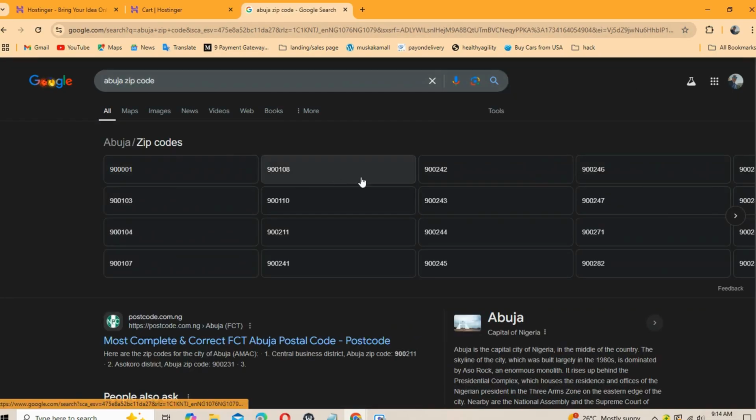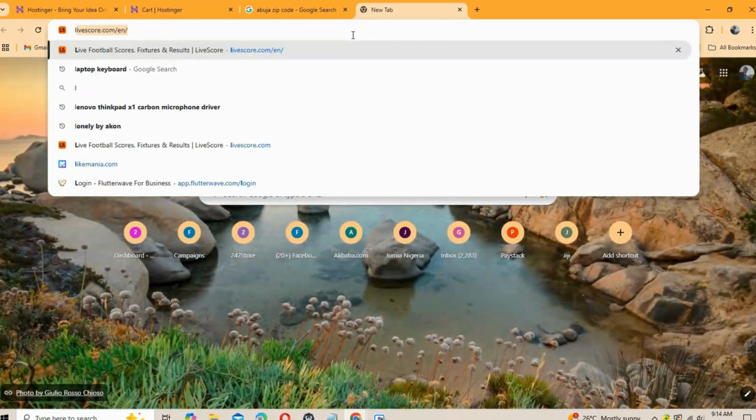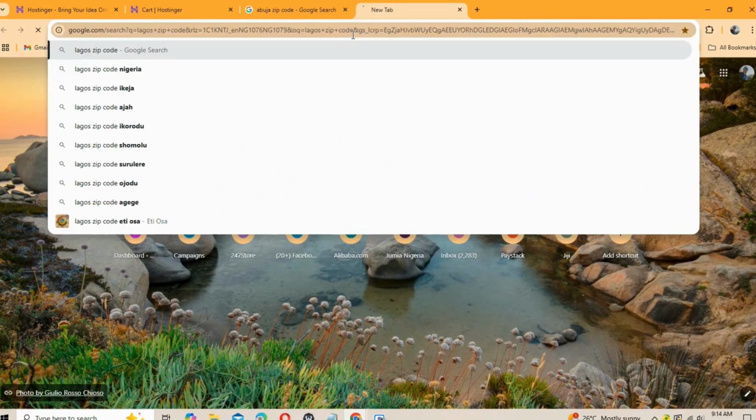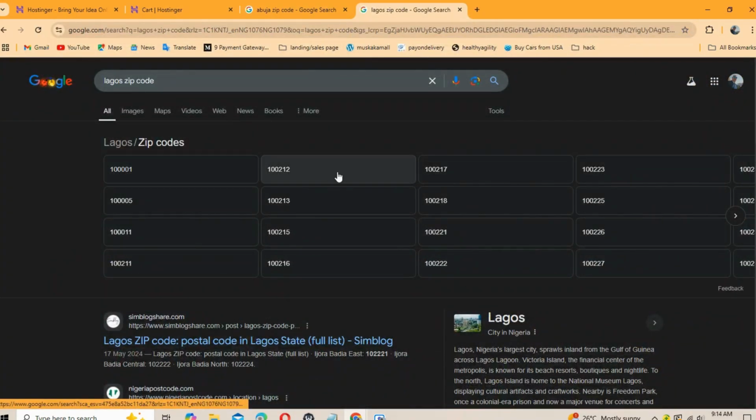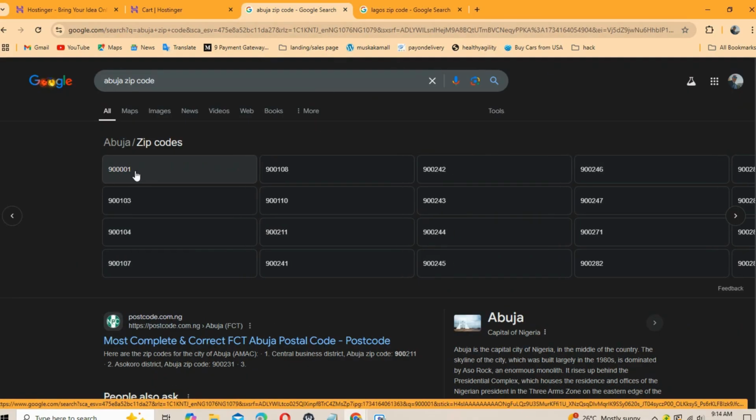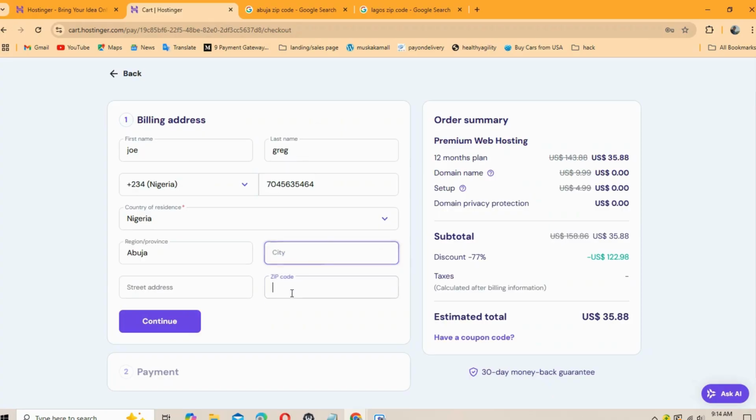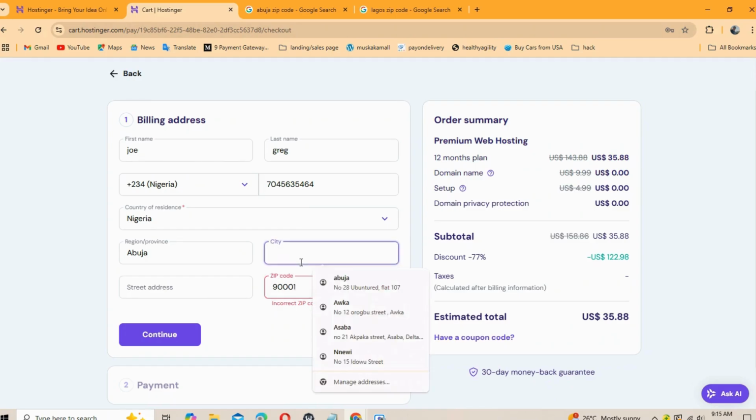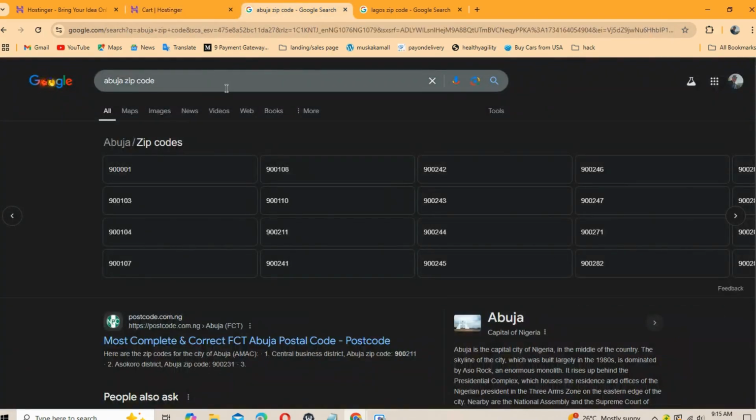Now, these are the zip codes from Abuja. If you're from Lagos, maybe you are in Lagos State, all you have to do is type in Lagos zip code, okay? Then enter. Now, these are zip codes from Lagos. So since I'm using Abuja, I'll simply come here. Let me copy this first one. 9000 and 1. Now the city, if you don't know the cities in Abuja, you can actually come here and say